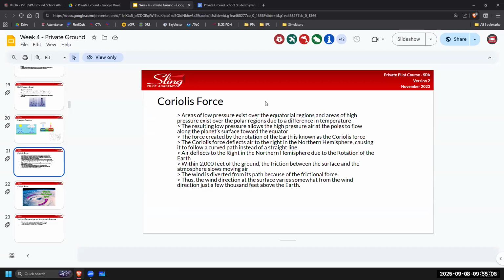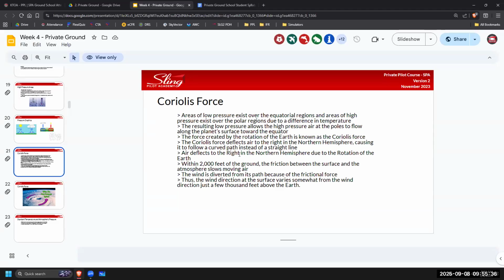And it goes to the right because if we're on top of the pole looking at how the Earth rotates, it's rotating to the right. It's not from the side. So if we're holding the globe like this, looking down from the North Pole, and we drop a ball that goes down towards the equator, instead of falling in a straight line, it will follow a curved path to the right. Okay?